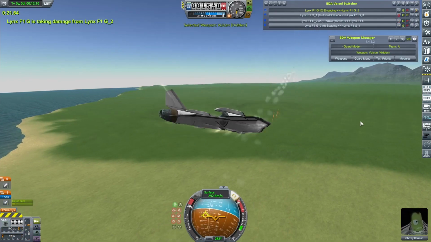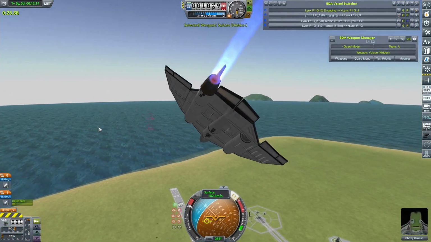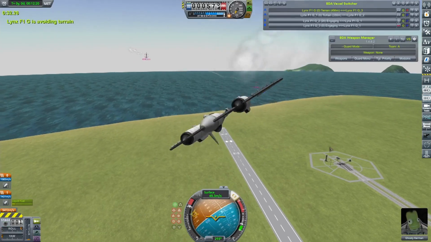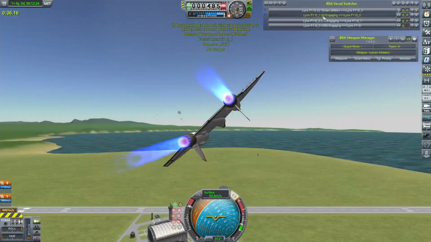In the background here you can see yet another fight between two pairs of my Lynx fighters as I try to improve the AI tune on that. Yeah, it's an improvement but still a work in progress. To facilitate the whole tuning thing, this is a guns only fight,